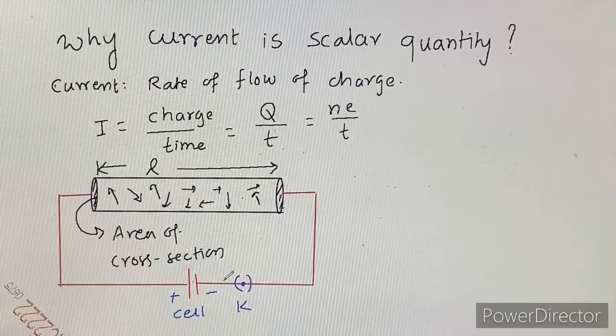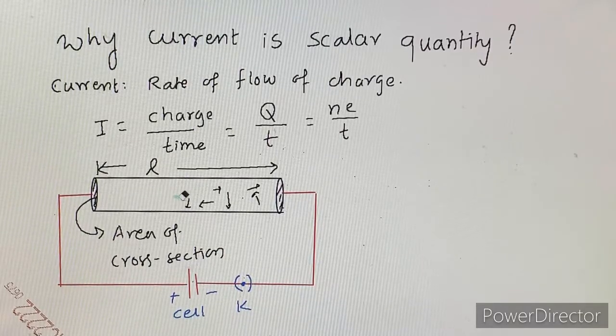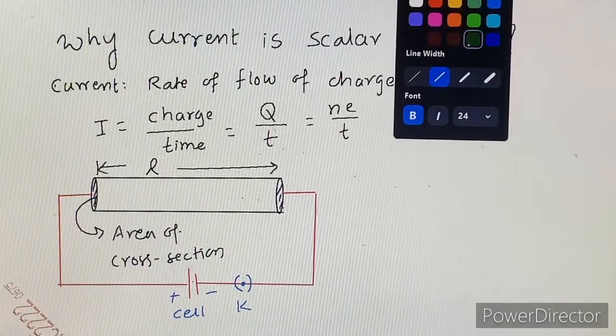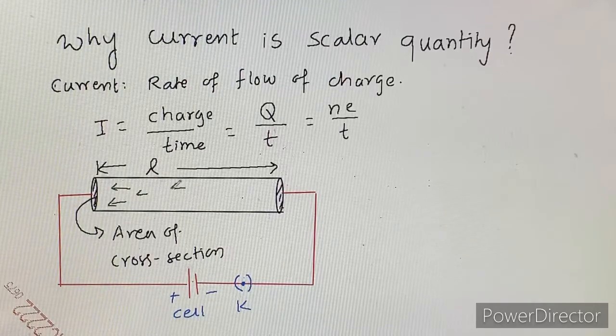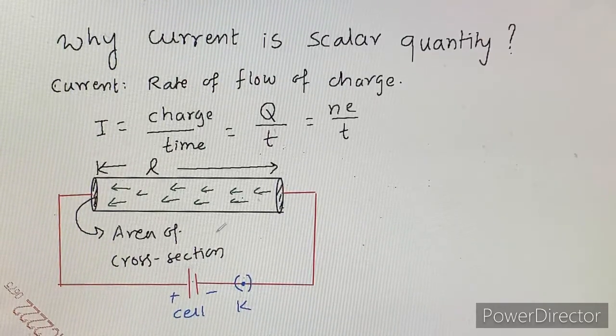are attracted towards the positive terminal. Now the random motion is stopped. All these electrons from the interior part, I am just removing all this part, have their random motion stopped and they are moving in one particular direction. All these electrons, being negatively charged, are pulled towards the positive terminal.